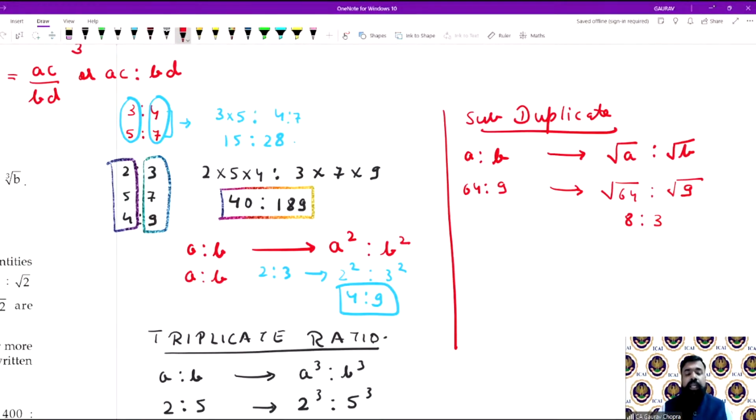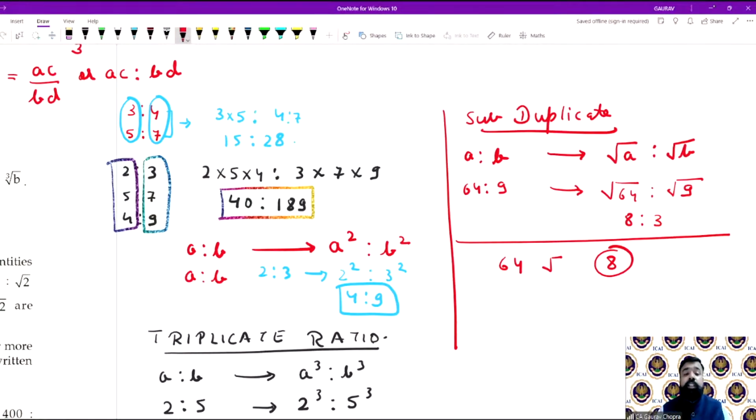So you can easily calculate this in this manner. Then there is one simple question asked by Aisha: how will we find the square root using a calculator? See, on the calculator, you just have to type the number. Like 64, type 64 and press the square root button. You will get the result. Your result will be 8 on the screen. Type the number, press the square root button, and the result will be on the screen.